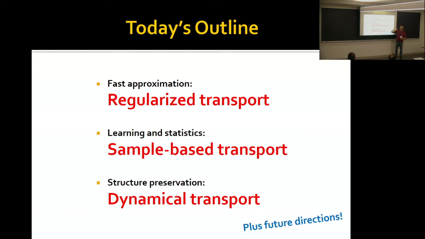Then we'll talk about sort of a statistical version of this problem involving sampling. So what if I only have sample access to rho 0 and rho 1? I should have a black box that can draw one sample at a time. And then can I still compute these distances in a way where the expectation of that value is the one that I hope for? And then finally, we'll change gears completely and talk about a fluid dynamical version of the problem and what it takes to use methods like finite elements to solve these kinds of problems on domains that people use in computer graphics. And then finally, if we have some time, I can highlight some other kind of fun projects that we've done in different applications.